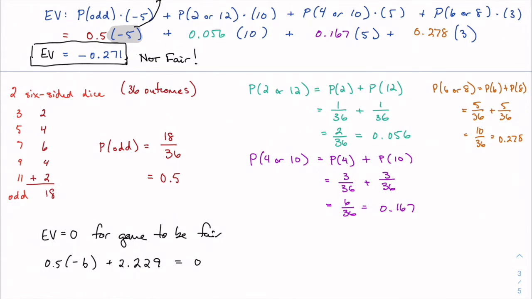So if I were to solve this for 0, I would add over the negative B times 0.5 just to keep my positive coefficients. Divide by 0.5. And I would get a bet of $4.46. So theoretically, for this game to be fair, I have to put down a very strange amount of money. And this is a carnival, so I'm not going to be carrying around $4.46 to play every time. I'm just going to hand him a 5.